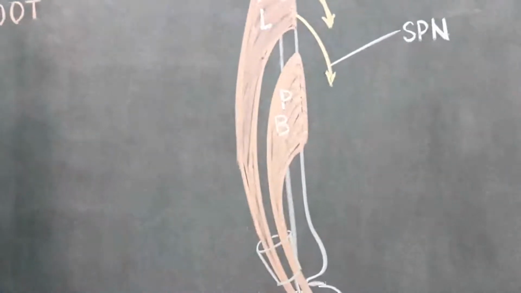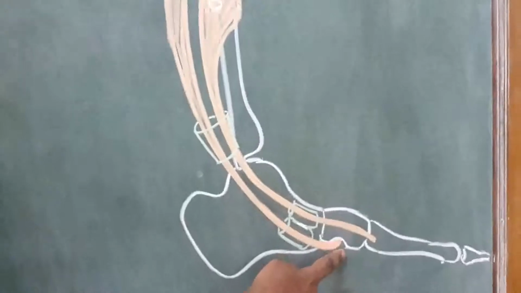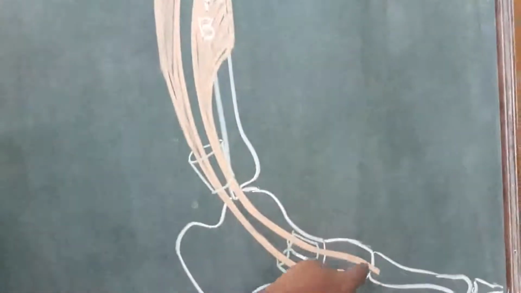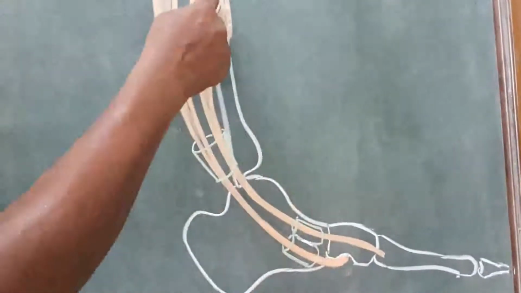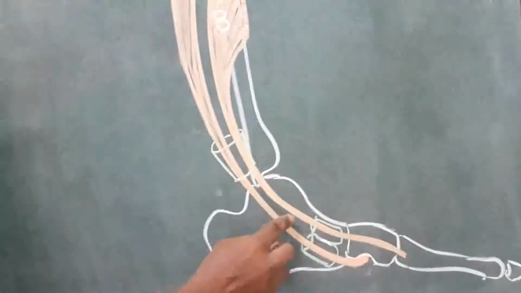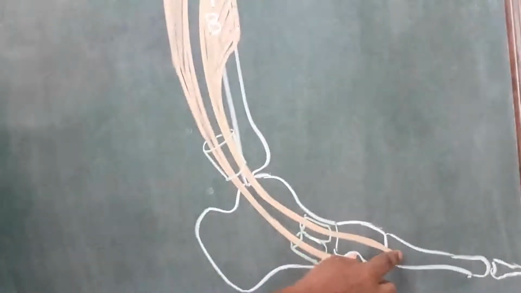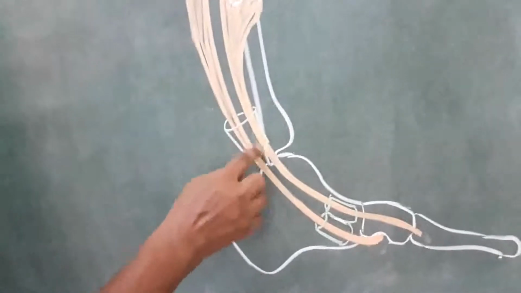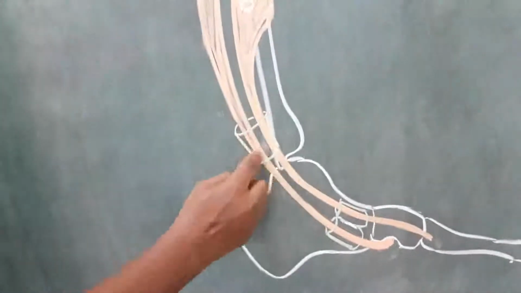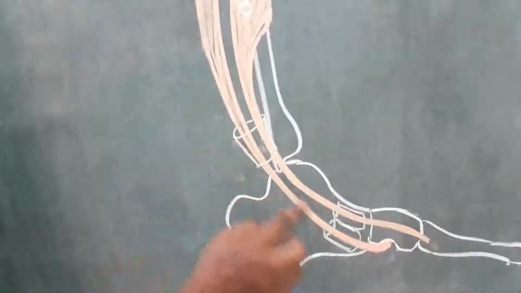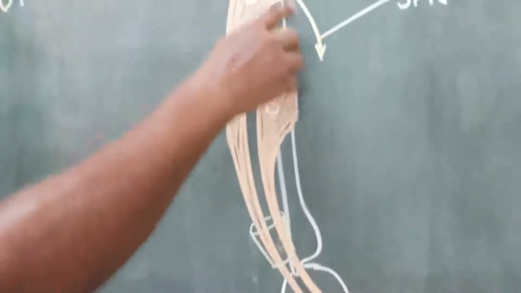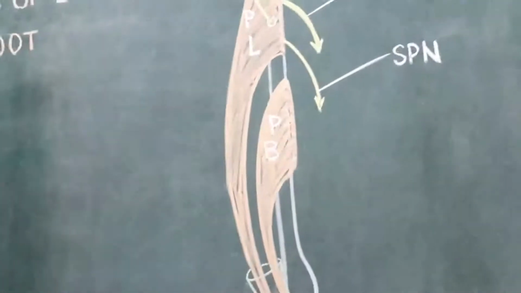Peroneus longus lodges in an osseo-fibrous groove on the plantar aspect of the cuboid bone and is ultimately inserted in the base of the first metatarsal, whereas the peroneus brevis tendon is attached to the base of the fifth metatarsal bone and lodges in a groove in the lateral malleolus. Both the tendons are enclosed by the superior and inferior peroneal retinacula. Other contents are the superficial peroneal nerve and the peroneal branch of the